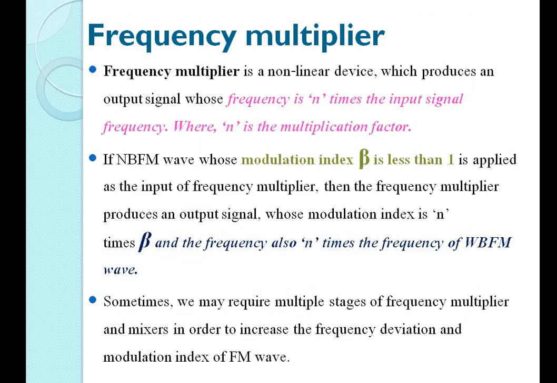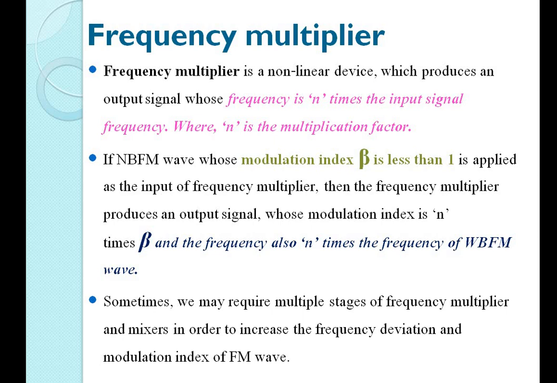The main important thing is your frequency multiplier. The frequency multiplier you are using should be a non-linear device which produces an output signal whose frequency is n times the input signal frequency. It should multiply n times that of the input signal. If I am giving 1, then 1 into 1 to the power of n, or 2 to the power of n, frequencies have to be generated. That's the reason you will get a wide band frequency modulation. The frequency multiplier usually uses a non-linear device, either a diode you can use over there.